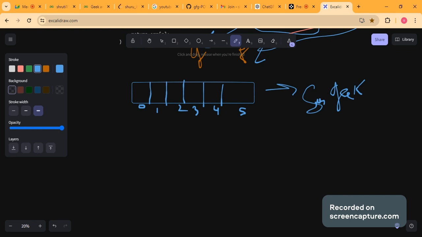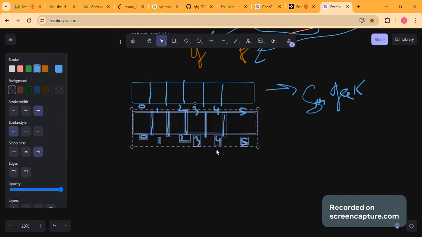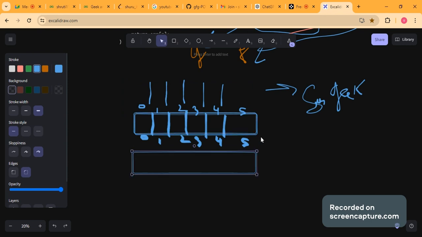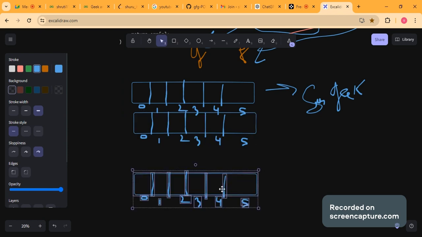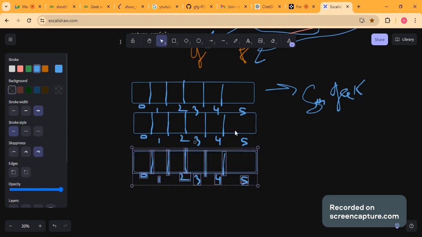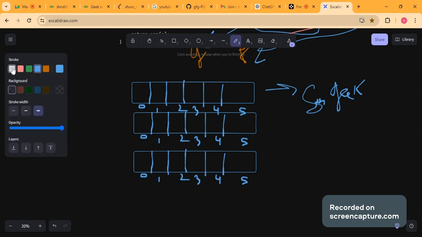Initially, all the elements will contain a 0 because we have just created this DP.